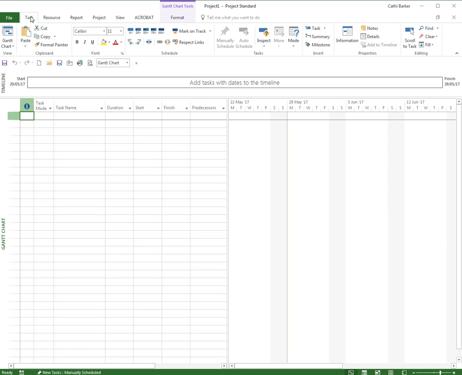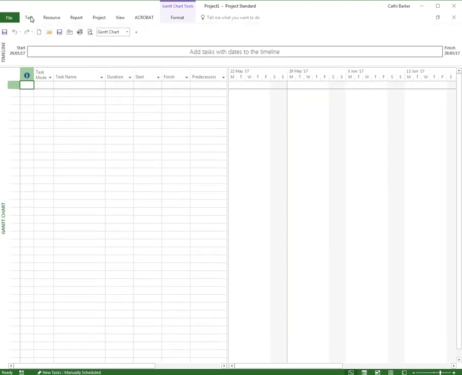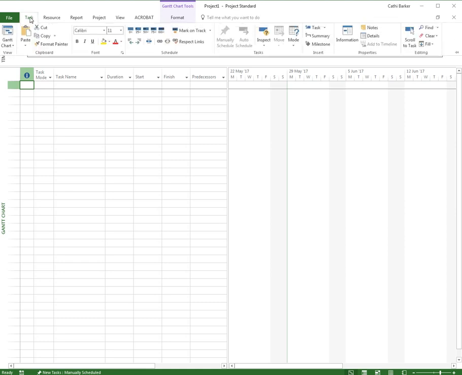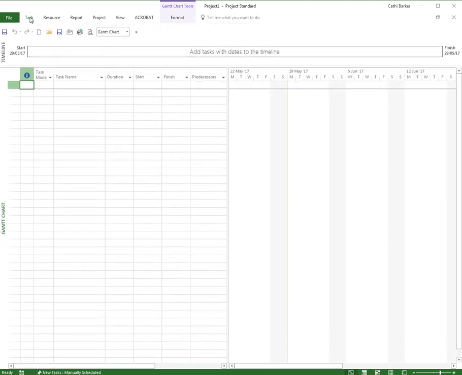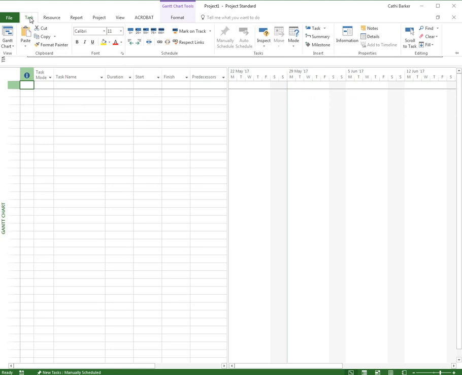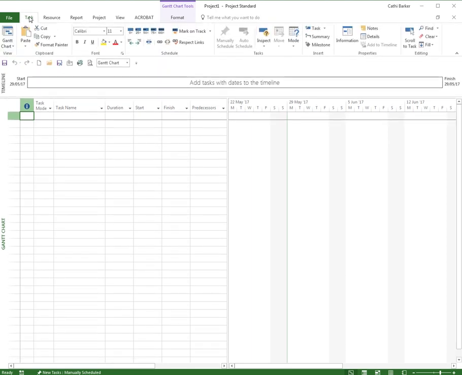If I double-click Tasks, for example, I will minimize my ribbon, and it declutters the screen, which can be useful sometimes. But what I want to do is double-click to bring my ribbon back. Now, if you don't double-click, let's say I hide it again, if you click once, it will temporarily show. Notice it's hiding the timeline underneath, and as soon as you click away, it'll hide again. So if you click once, it's only a temporary show. You really need to double click to get it back properly so it stays up and visible the entire time